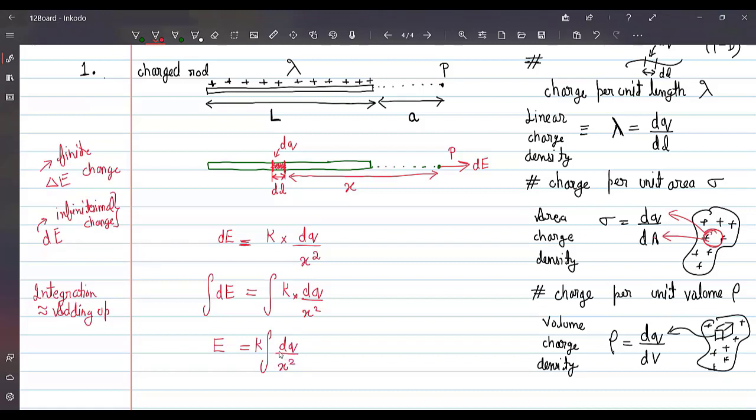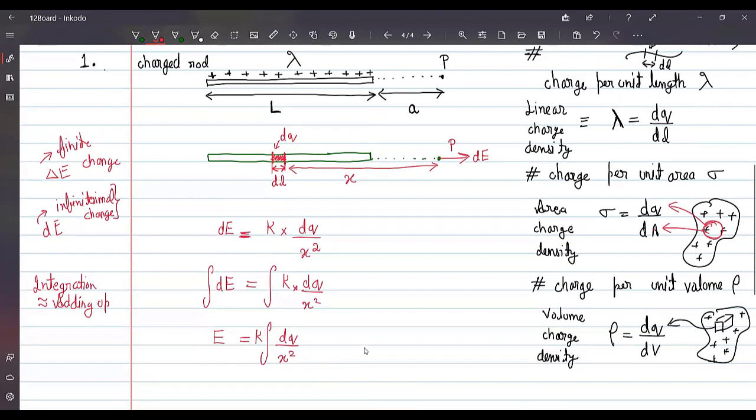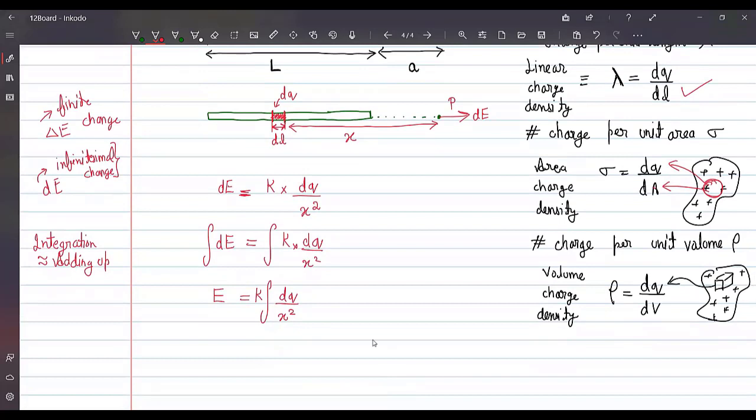So the constants can be taken outside the integration, but the variables can't be. dq and x is also a variable. So I need a form in which this can be integrated. x square can only be integrated in terms of x dx. To do that, we'll use this formula. So I can write